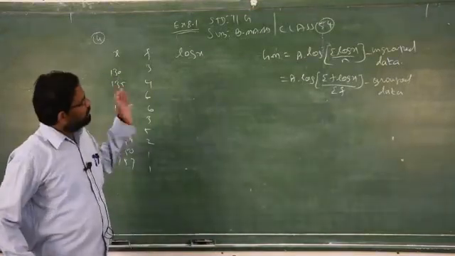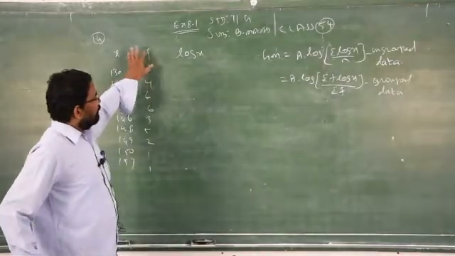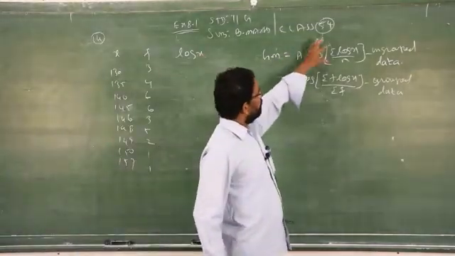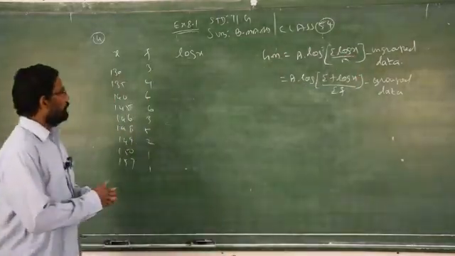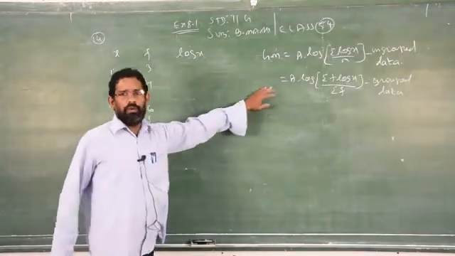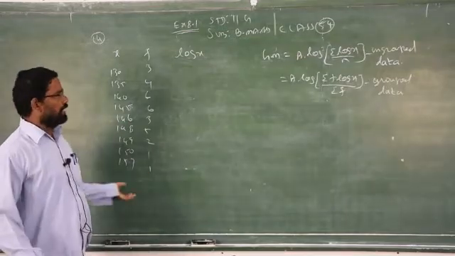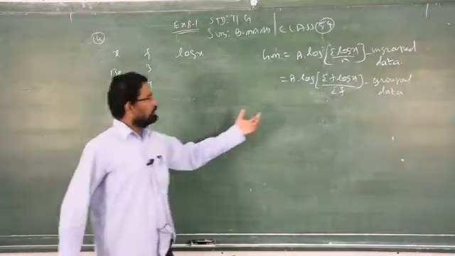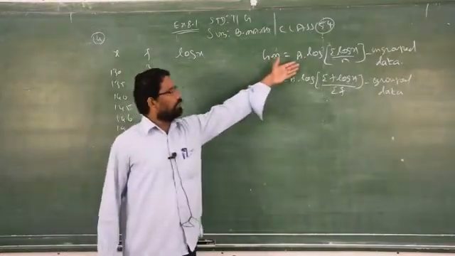Clear? So summation f into log x if frequency is given. When the frequency is not given for ungrouped data, you have to directly use the first formula. So this is the formula to find GM. Only two formulas. The second formula is suitable for this type of model as well as continuous data. For continuous data as well as this grouped data, please use the second formula. If it is given only ungrouped data, you can use the first formula.